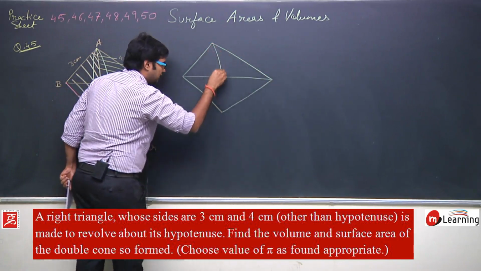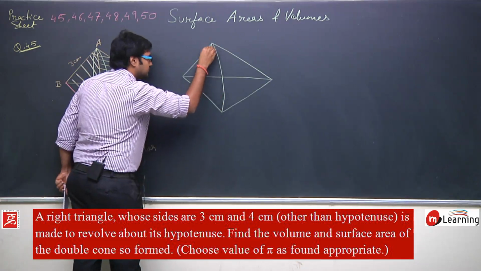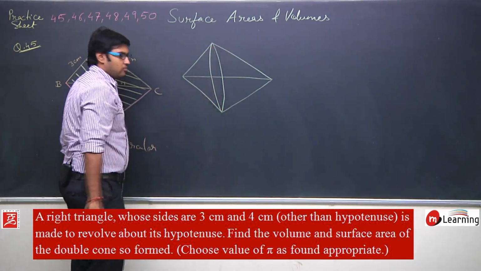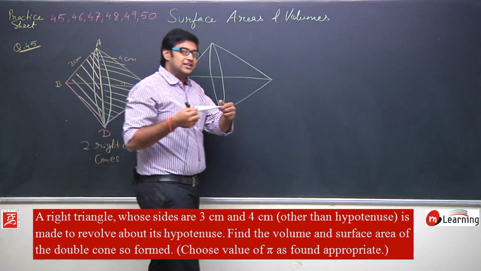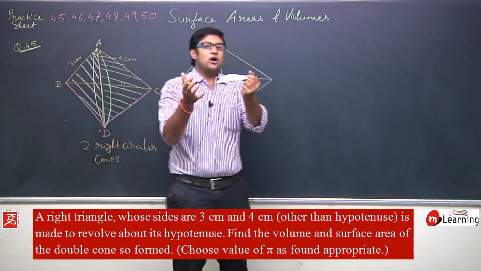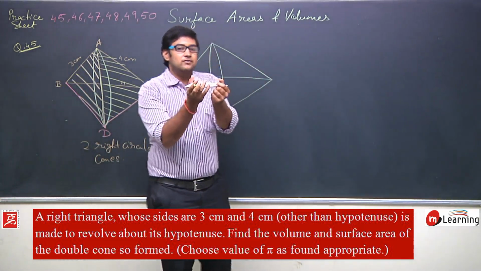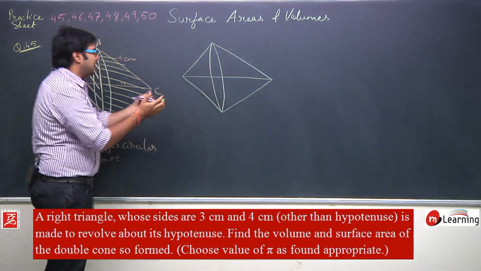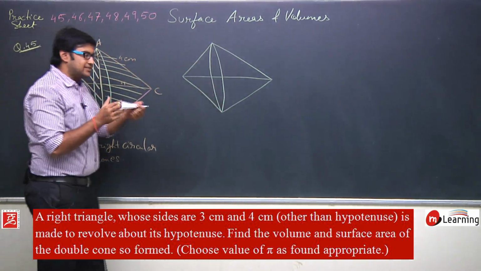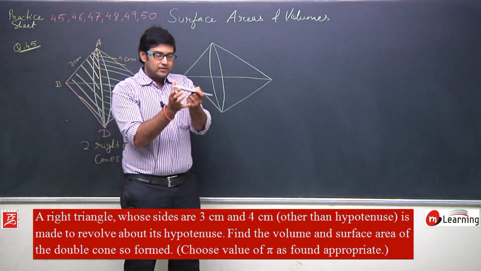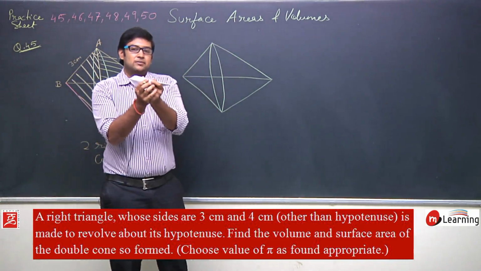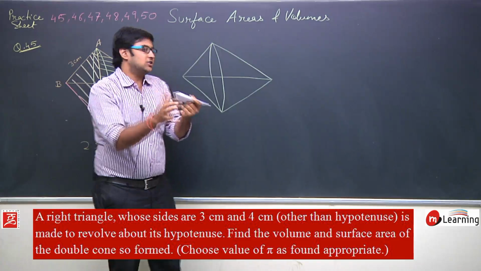Which are joined like this. Okay, you will be able to visualize that the two cones formed are basically joined with their base. Okay, their base is joined to each other, their base is pasted to each other. वह एक दूसरे से चिपकी हुई है, बेस इस तरह से चिपकी हुई है और राइट सर्कुलर कोन फॉर्म